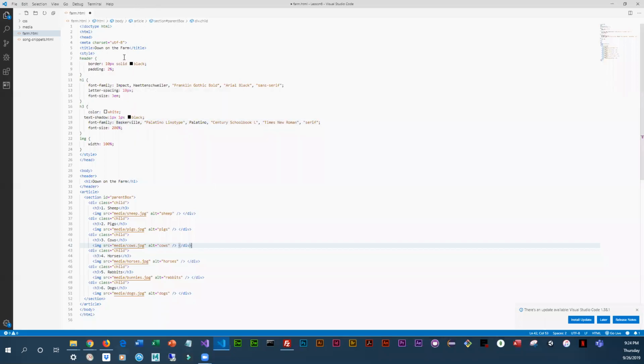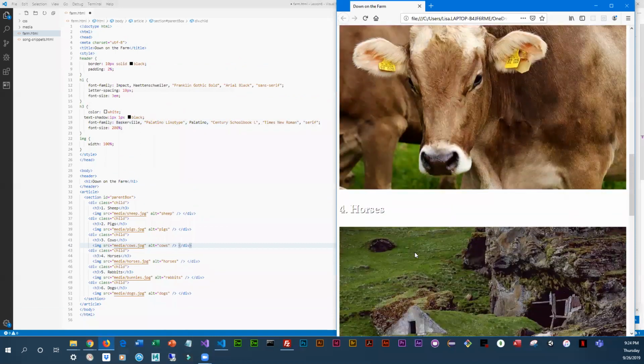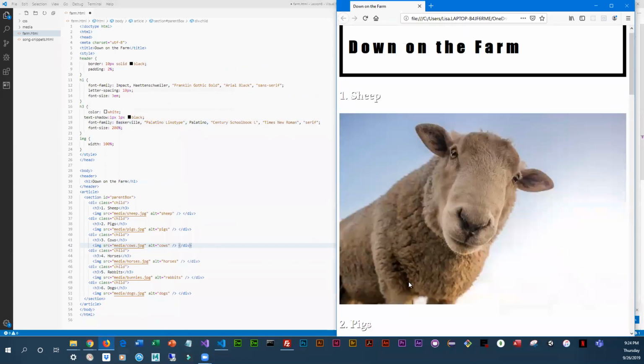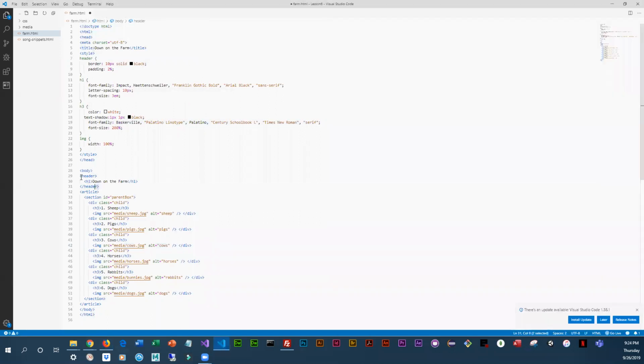I have already opened up farm.html and I have opened it in the browser as well so that we can look at the changes as we make them. And we are going to be using the traditional box model to format this. And for the CSS that we are currently using for the header, which is located right here,